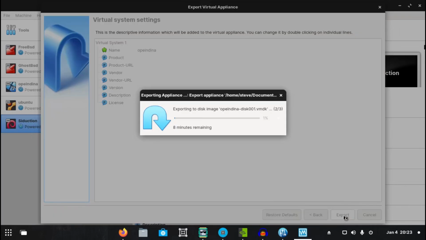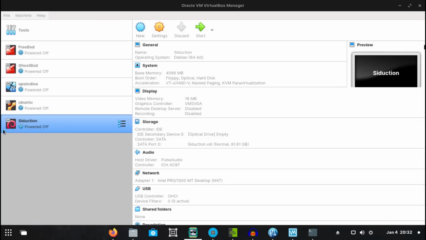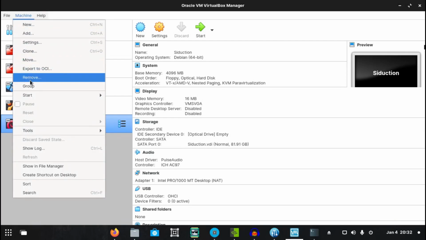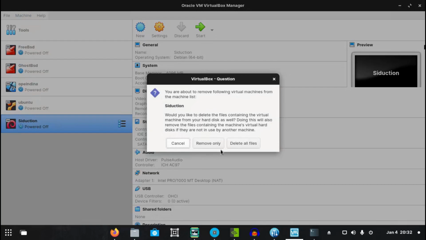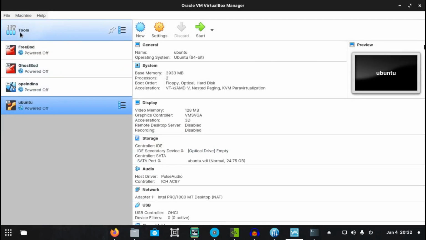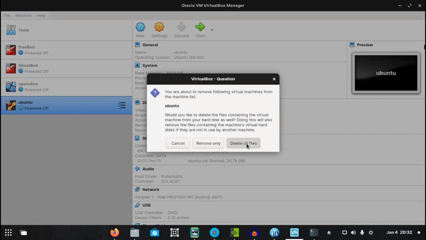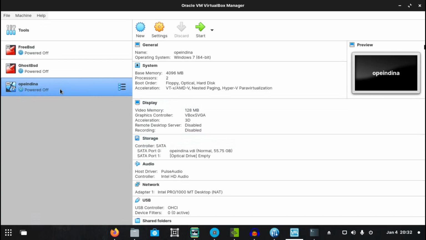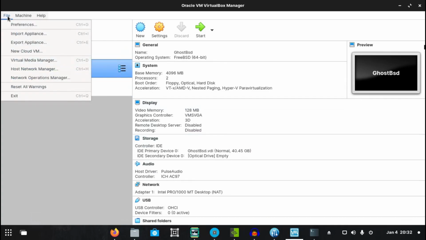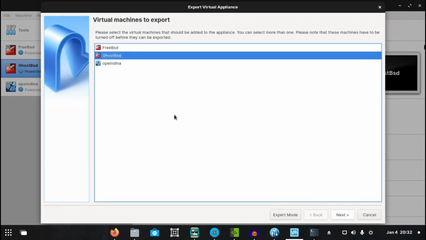So this is going to take about 8 minutes for this one. So I'm going to go ahead and stop all this, and I'll be back. Alrighty, and how to remove a machine. You just go up here to Machine, click Remove, delete all files. And I'm going to go ahead and delete both of these. Done Open Indiana. And I'm going to do Ghost, Export Appliance, GhostBSD,